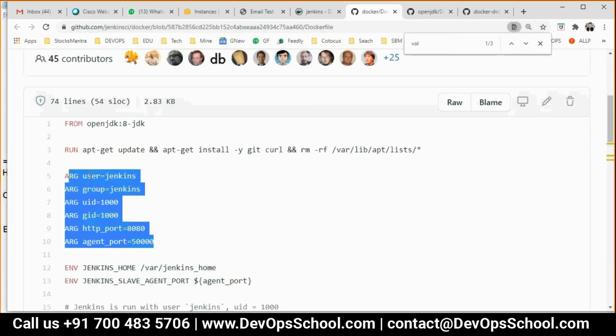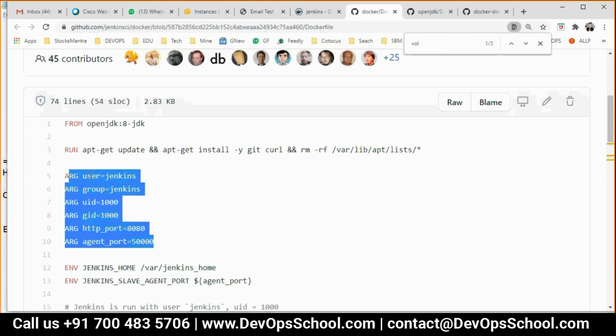ARG is a way to declare variables in the Dockerfile. Sometimes you want to set a value through a variable, and that value you want to use multiple times in your project.